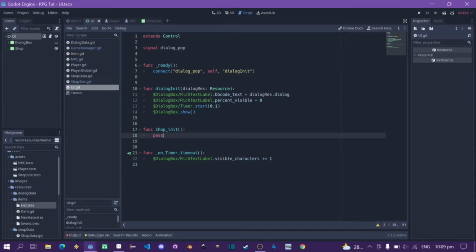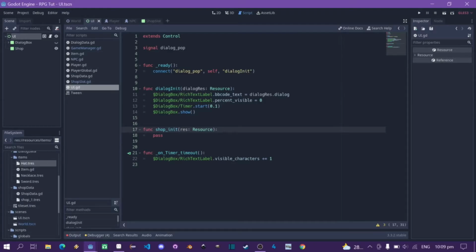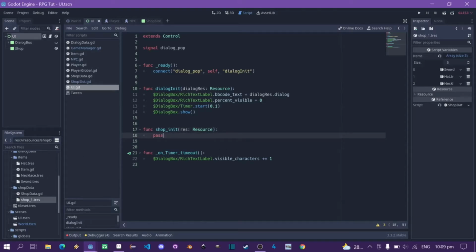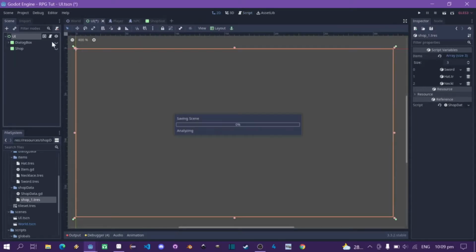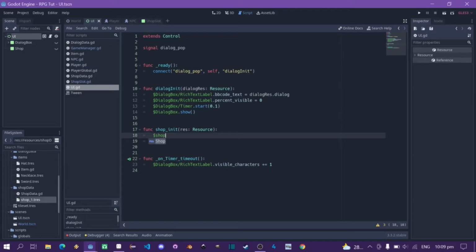and I'm going to pass in a resource file again, resource, and this resource will going to be the shop data resource, this one right here, which contains all the items. Yeah, I'm just going to pass it right there. Then yeah, going to show shop, the show. Okay, then going to use a for loop